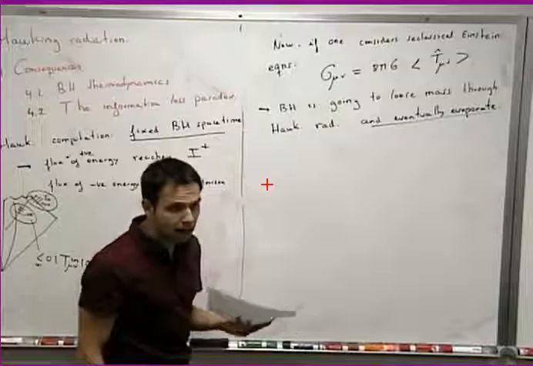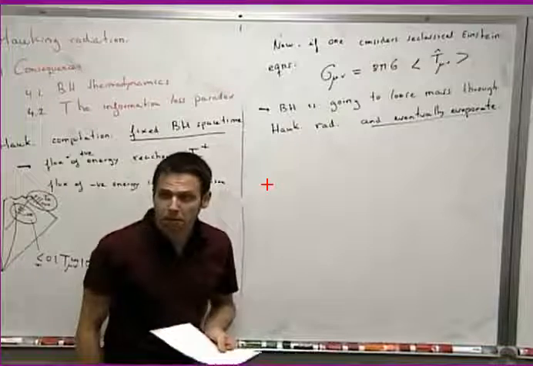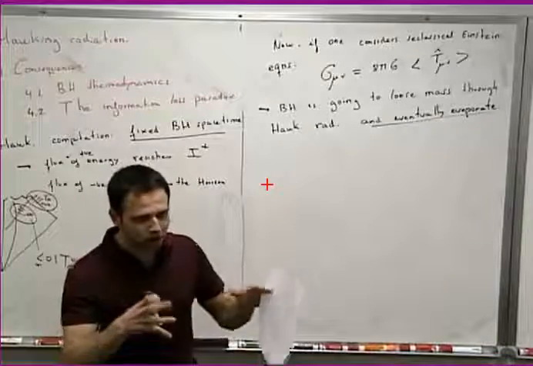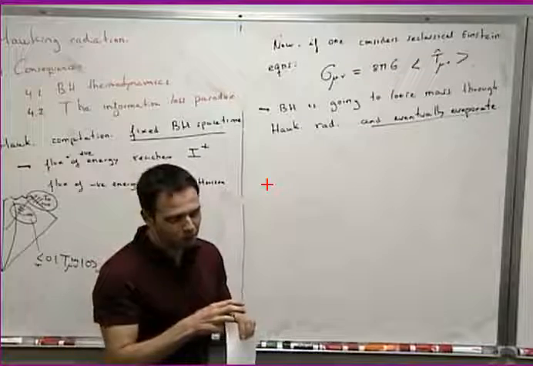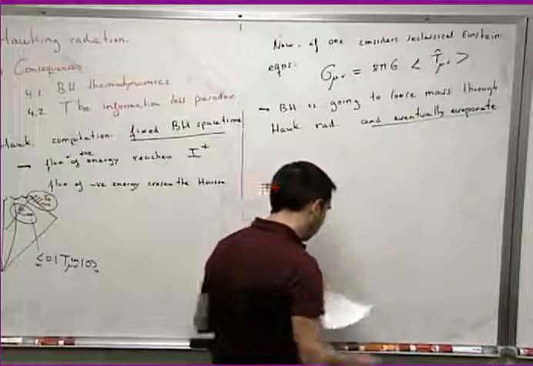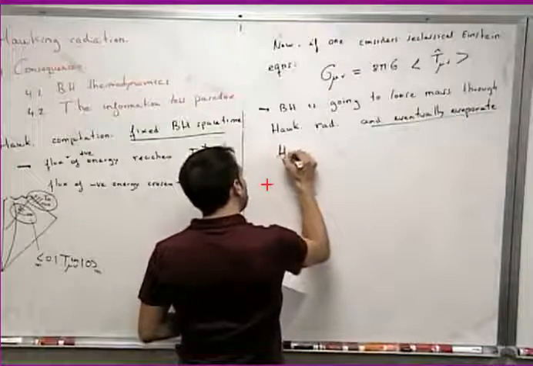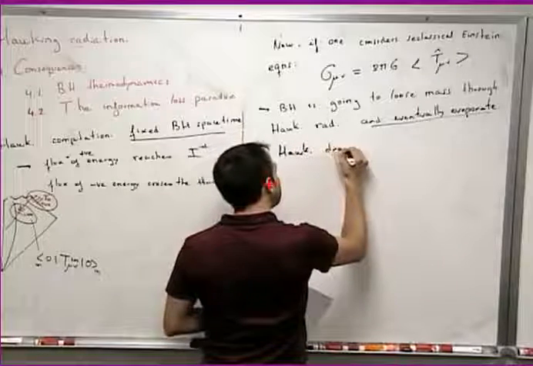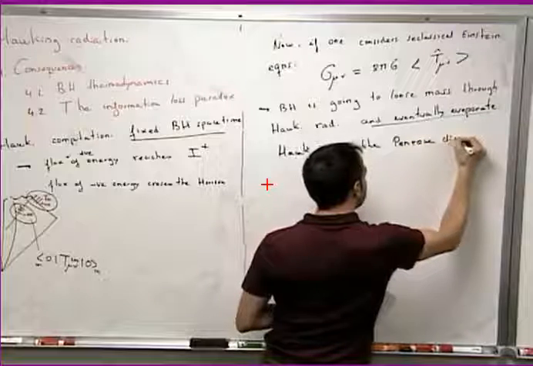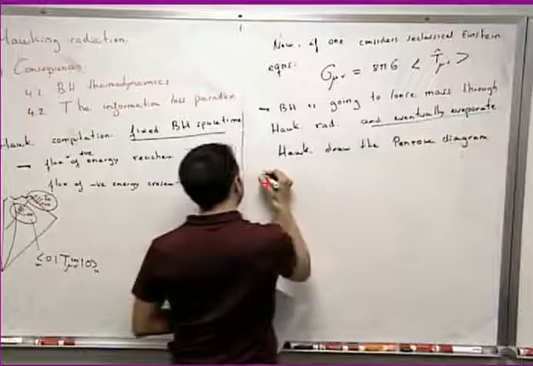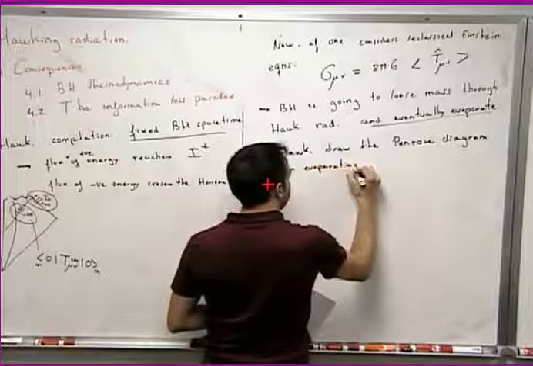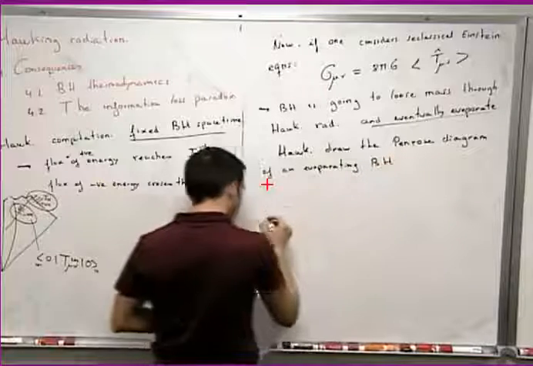And this is what we call black hole evaporation. And remember, the first paper by Hawking was called black hole explosions, because he was thinking that the black holes evaporate, they get hotter and hotter as the black hole evaporates, and finally the final burst will be like an explosion. And in particular, Hawking drew the Penrose diagram of this situation, the Penrose diagram of an evaporating black hole, and it was something like that.